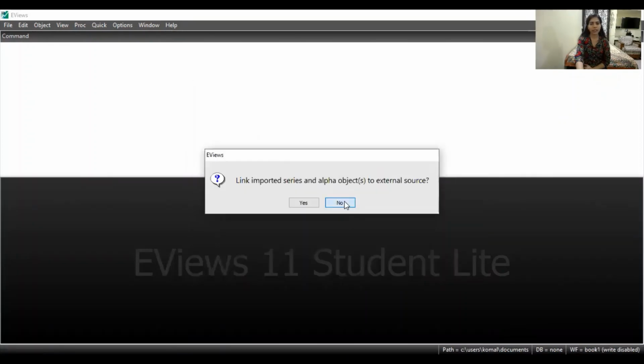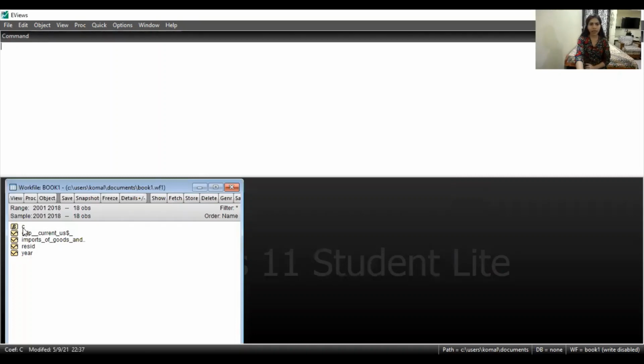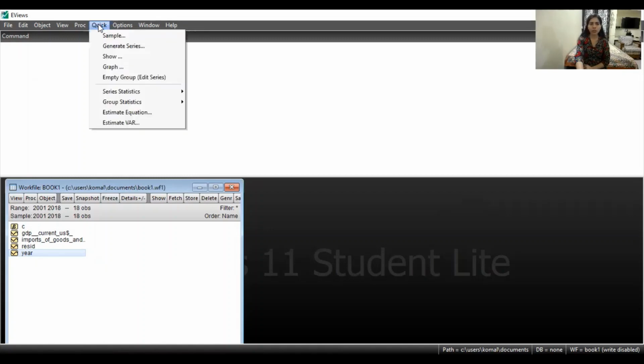All right. So now you can see we have extracted the data in eViews. So see here is for the constant. Our first variable is GDP in current US dollars and our second variable is imports of goods and services. Then there is residual and years. Now to find out the correlation, the steps are go to Quick, then Group Statistics and then click on Correlations.